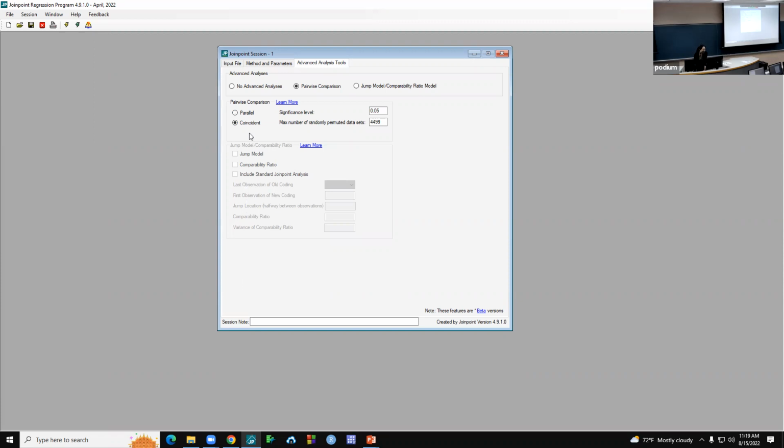So that's a pairwise comparison. And last one, this is actually a new feature in this recent version. This is the jump model, or comparability ratio model. And this is actually for a specific case,